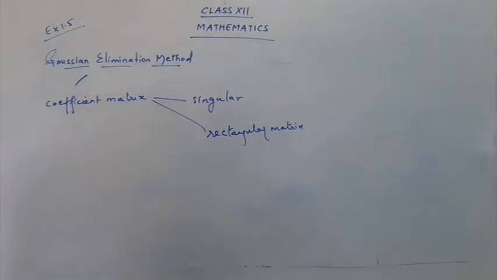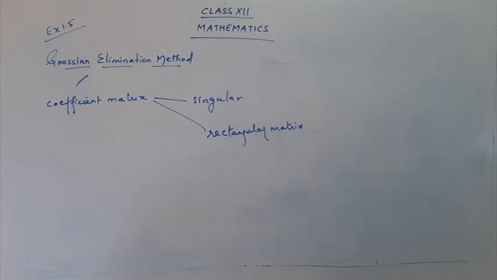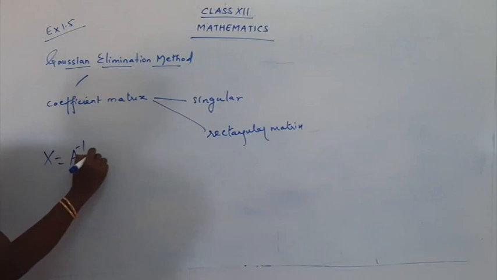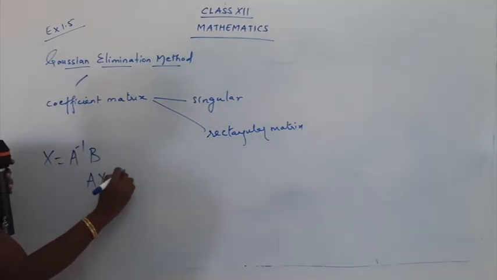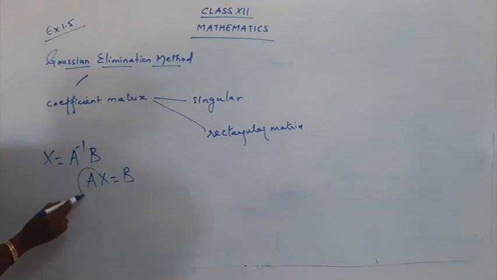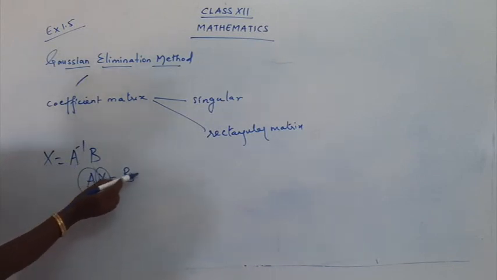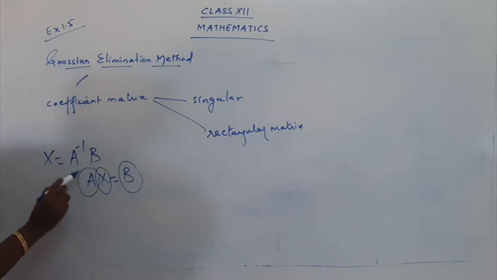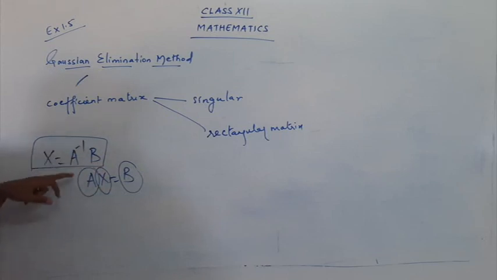Okay, so let's have a small recall of the methods that we used for solving the linear equations in the previous classes. The first one was the matrix inversion method. Do you remember the formula for that? Yes, it was x is equal to A inverse B. What was the matrix form? It was Ax is equal to B, where A, x and B were given to us. So how are you transforming it? You are transforming it as x is equal to A inverse B. Then you have to get the value for A inverse.